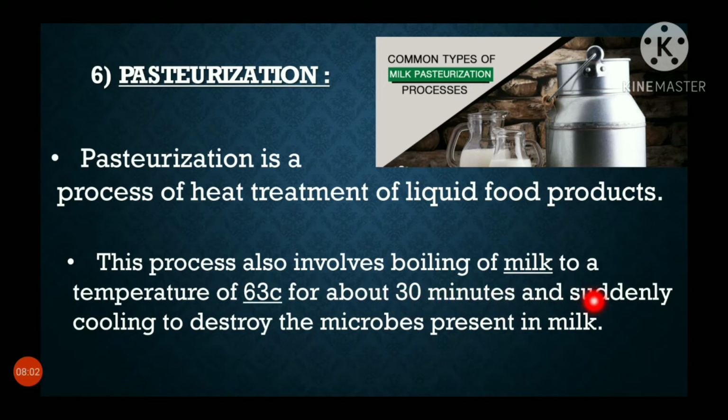What happens? They will take the milk, boil it at 63 degrees centigrade. Then suddenly they will keep it in the refrigerator, like cold storage, in an ice atmosphere, suddenly after that hot pan. In that heat, the bacteria dies. In that severe cold also, the bacteria will not be able to come back to life. So you can preserve the milk. That is why the packet milks or the milks in the supermarket are kept in deep freezer or cold storage like things. Pasteurization is mostly done for milk.